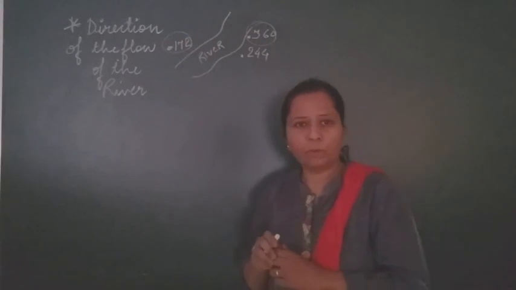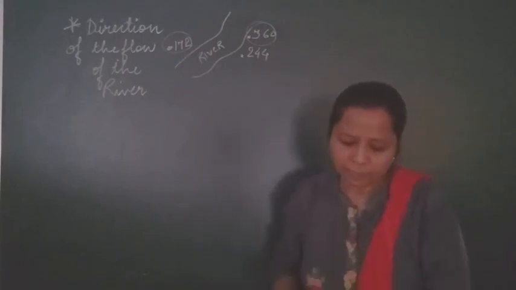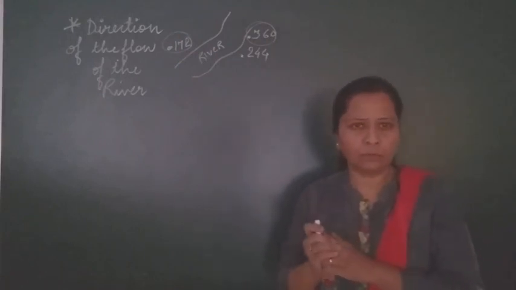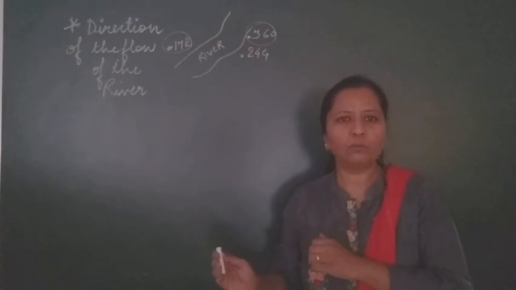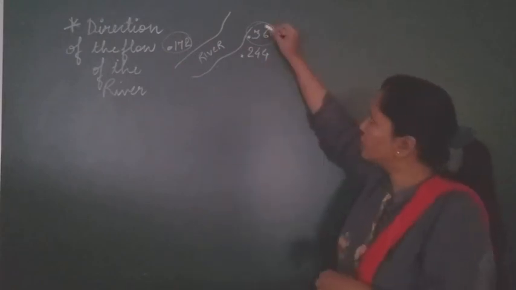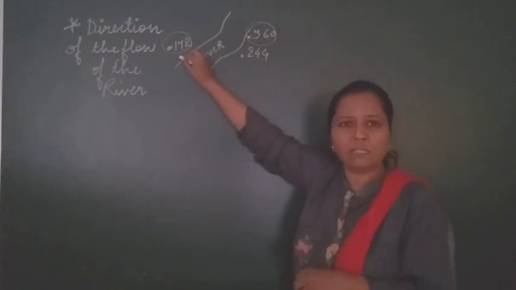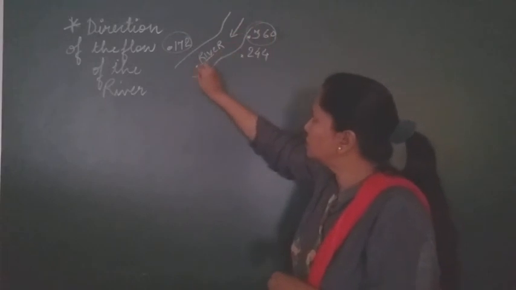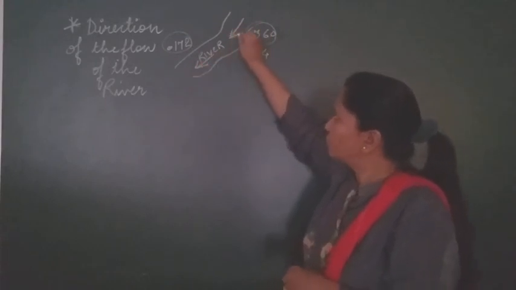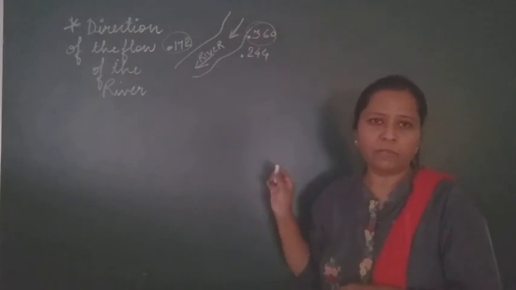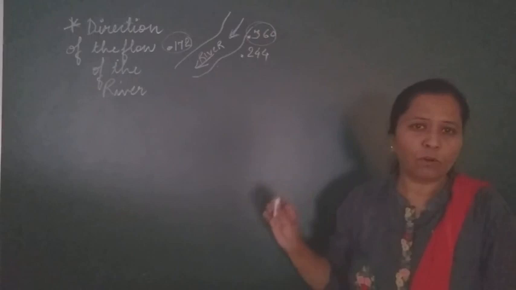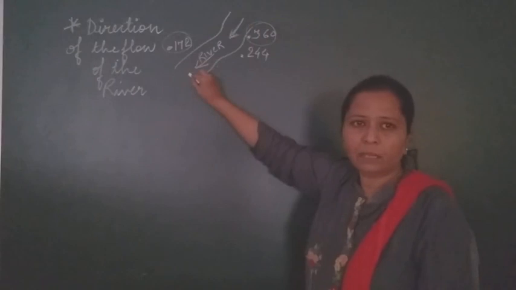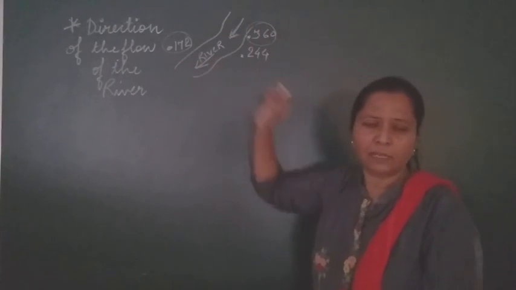172. So make it very much clear students that the river always flows from the higher ground to the lower ground. So higher ground is 360 and the lowest ground is 172. It means it is very much clear that the flow of the river is towards this side. So finding out the spot height, we come to know where the flow of the river is, from this side towards the southern side. It's just an example, okay.